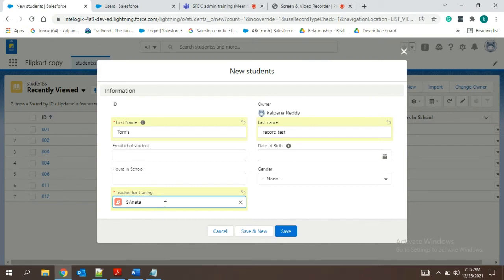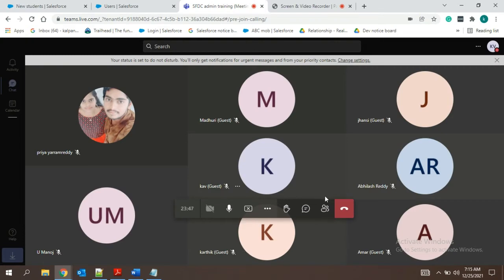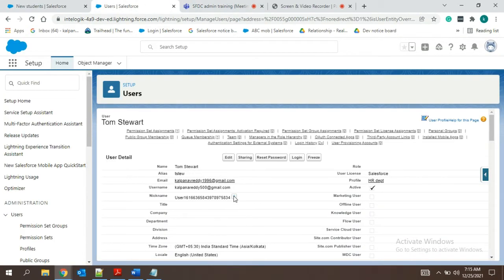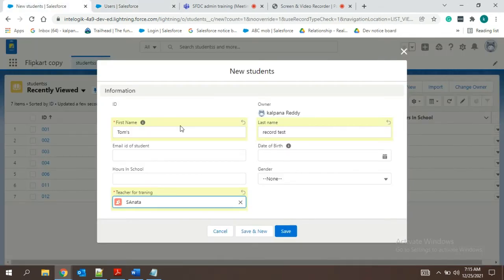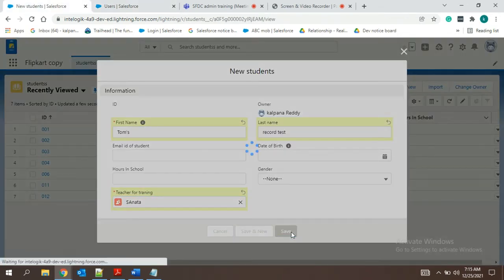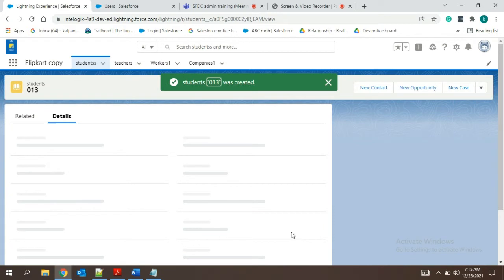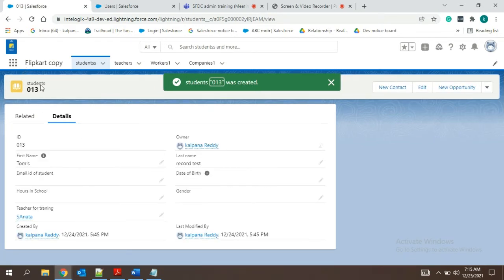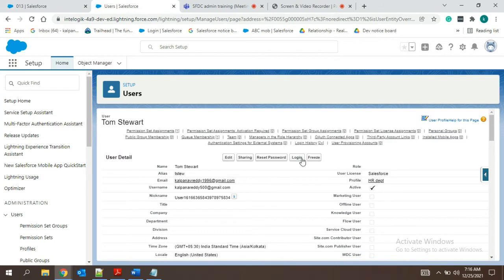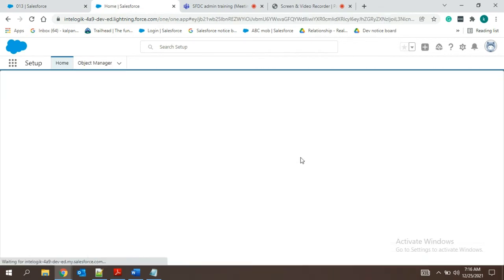Yeah, but this is mandatory because we have checked the required column. Okay, I'll save it. User record 13 has been created. Now our work is we'll go to Tom, log in as his user, and we'll see.